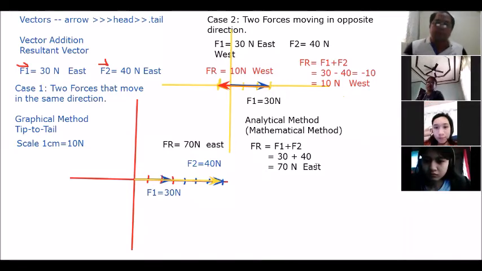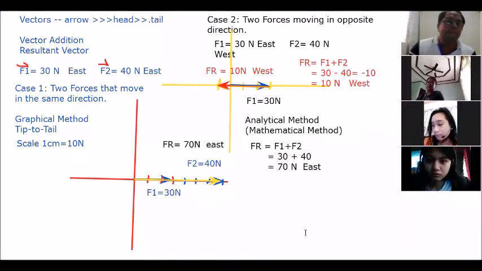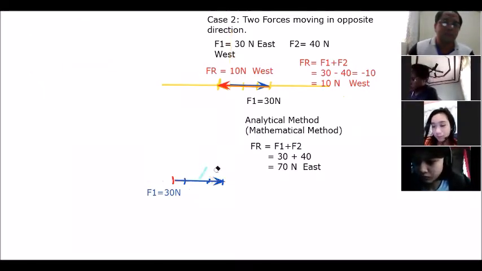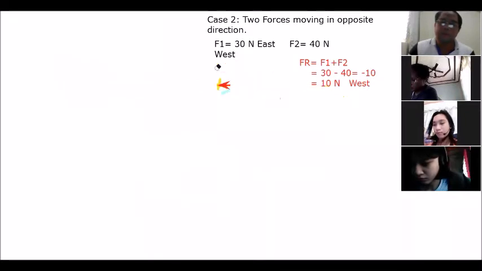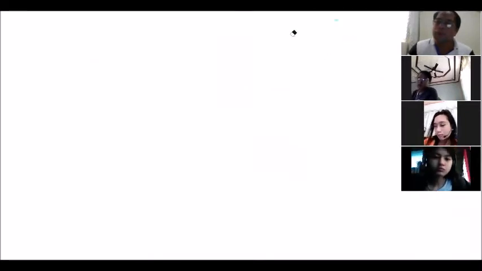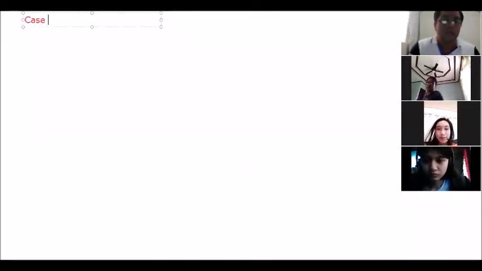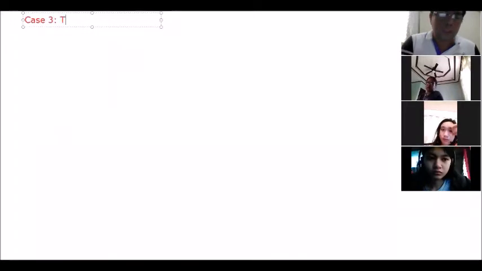Okay, so we are going to clear the screen now. We are going to go to case number 3, guys. So I'm going to erase this. Cases 1 and 2 are quite easy. For case 3, our case 3, guys, is when the two forces that we are dealing